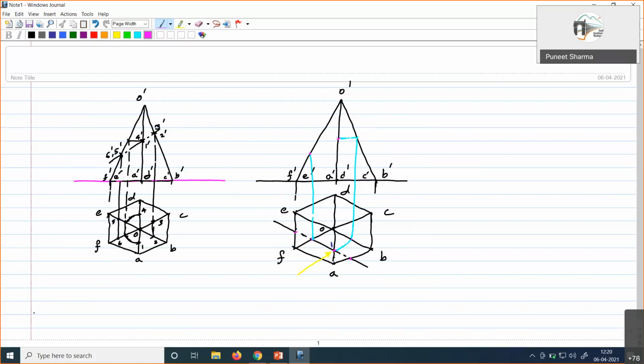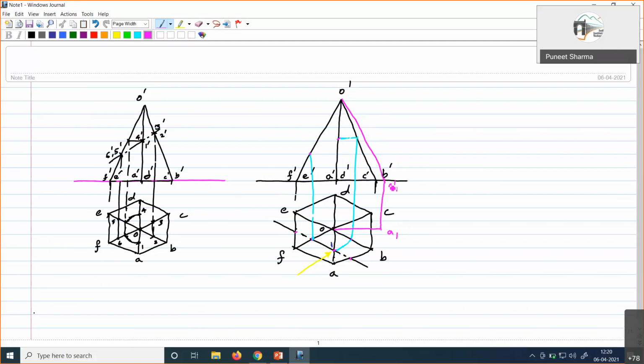Now, if you bring it parallel to XY, like rather than there, suppose this we draw like this, the new position of A1. Then we go up to this. This is also possible, A1 dash, and then you join.